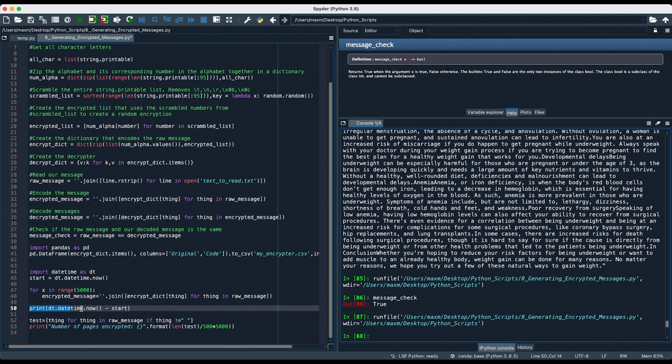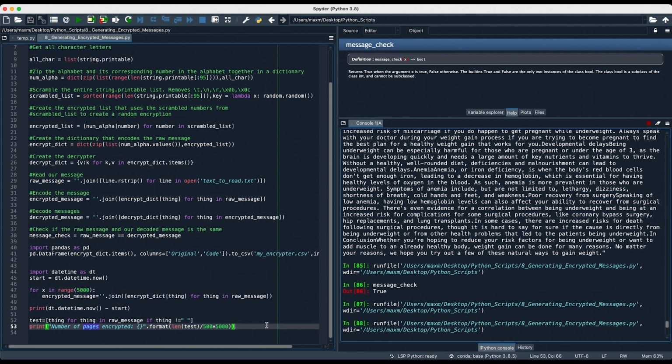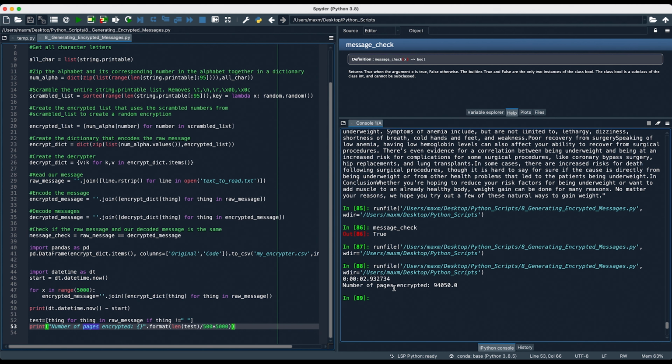We're going to print out how long it took for it to start. Then we're going to take all of the characters with the exception of the spaces and append it to this variable test. And the reason we're doing it is we want to get an estimate for how many pages we have just encrypted. A rule of thumb is there's about 500 words per page. So we're going to take the length of test, divide it by 500 to get the number of pages, and then multiply it by 5,000 because that's the number of times that we ran this. So if we run this, we can see it took just over 2 seconds to encrypt